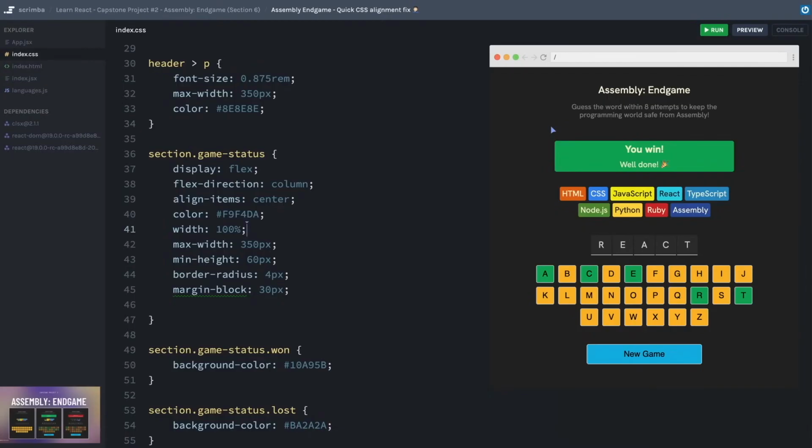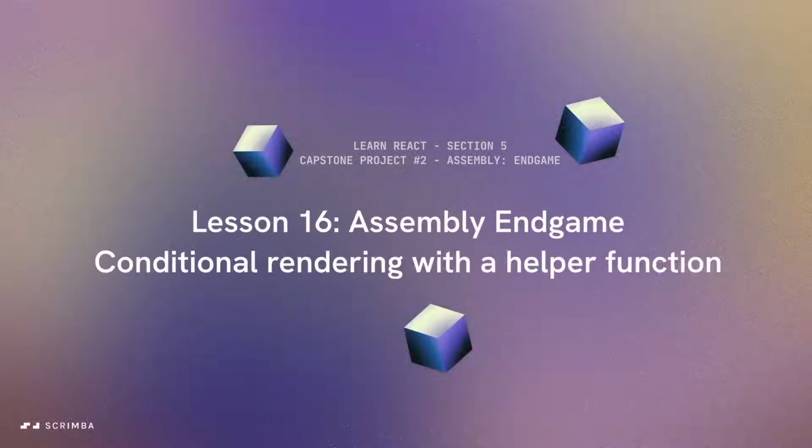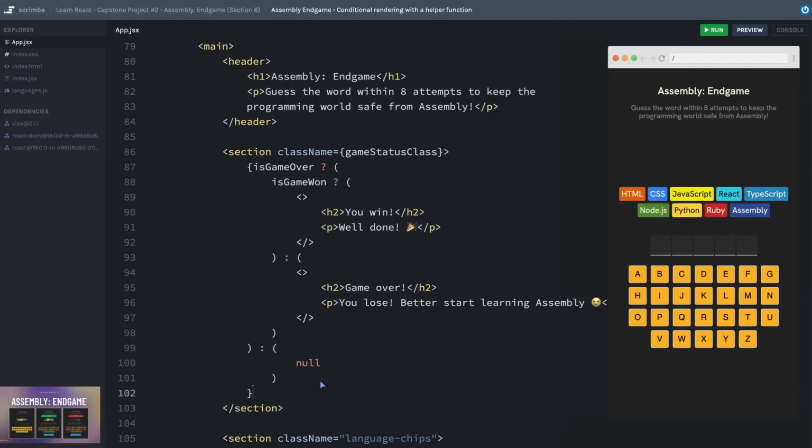All right, let's jump back in and learn about another way that we can handle conditional rendering. Sure, correct indentation can make our nested ternary look at least a little bit manageable, but come on, these crazy frowny faces are just really pretty awful. I personally don't love nesting ternaries, and I thought it could be helpful for us to see another way that we could handle all of this conditional rendering.